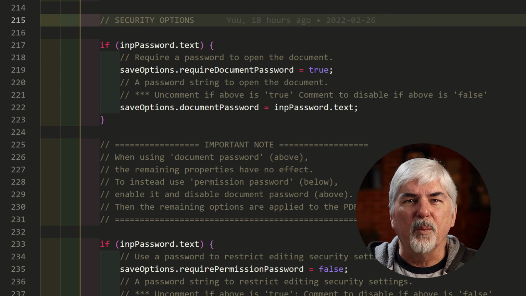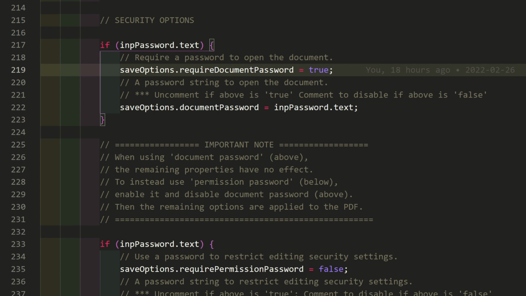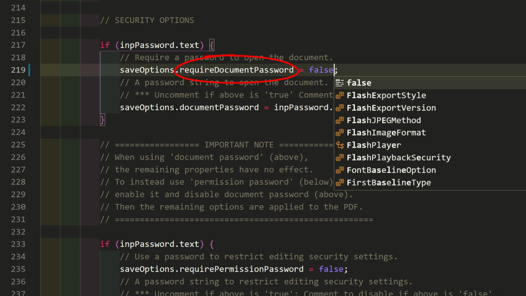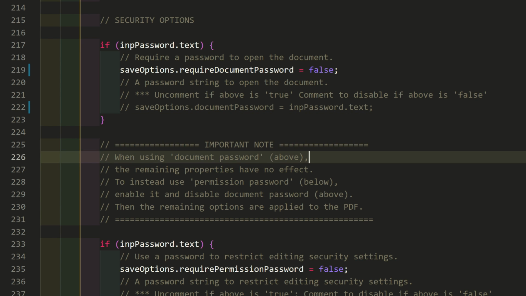The script code is open source, with comments detailing the security settings that are possible. For those interested, have a look and modify to suit your needs. For example, suppose you want to allow opening PDFs, but prevent printing or copying. In the security settings, disable Require Document Password, and comment the line for Document Password to disable it.